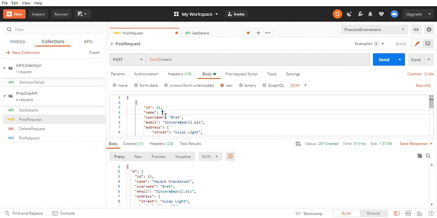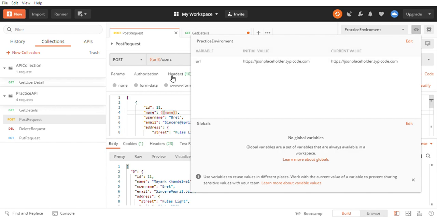Let's see how. We have defined our variable name as name, and now we will define this variable value in this environment.